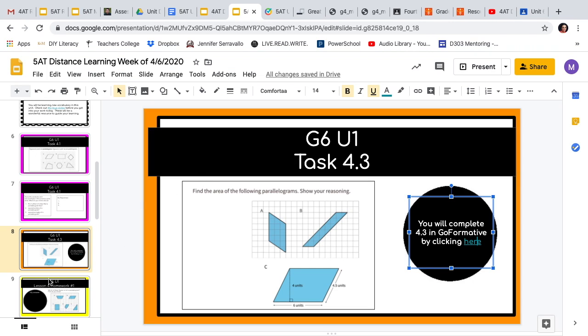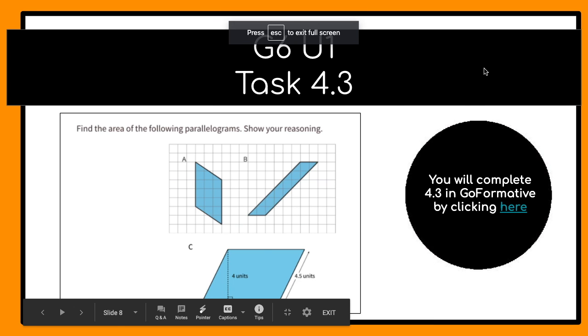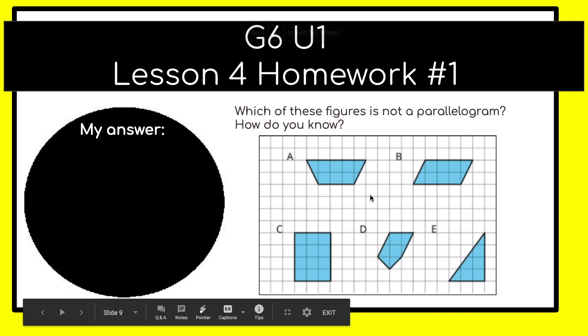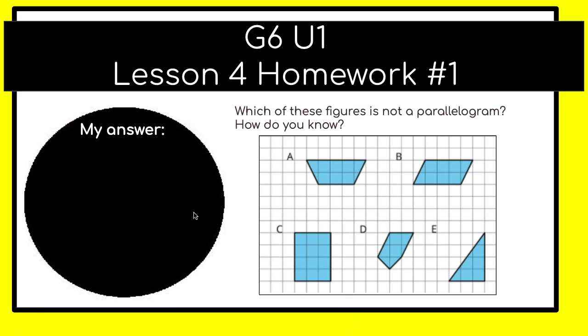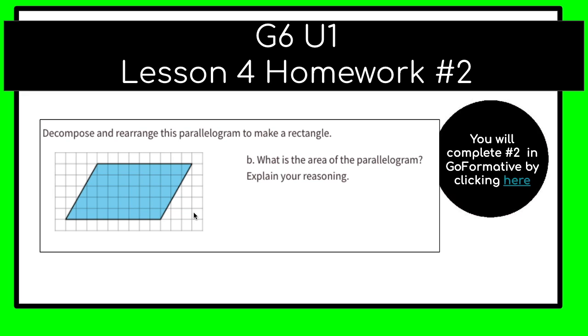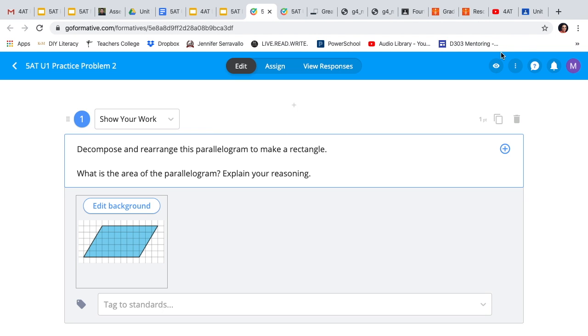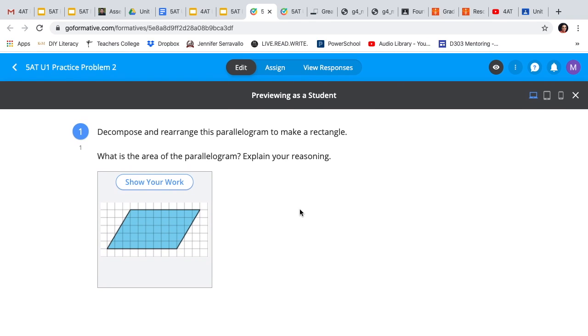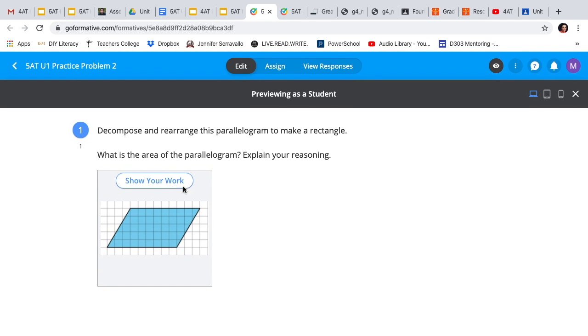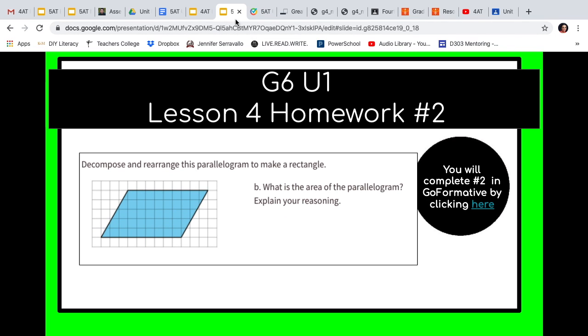So you can see that some of our tasks today are linked to GoFormative. Some are not. If you're just having to type in your reasoning or your answer, we don't have to do that via GoFormative. Here's another item that you will be clicking through and completing on GoFormative. I have been gifted, I don't know if I shared this with you, I've been gifted through GoFormative the premium package. So when you're working in here, I can leave a variety of feedback for you. It's so fun. I can record audio messages and leave you, ask you a question or support you in some way, or